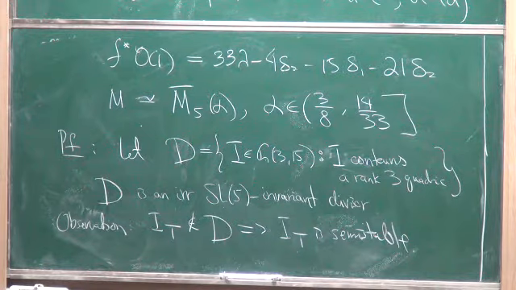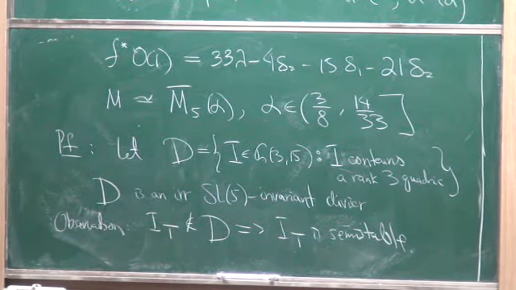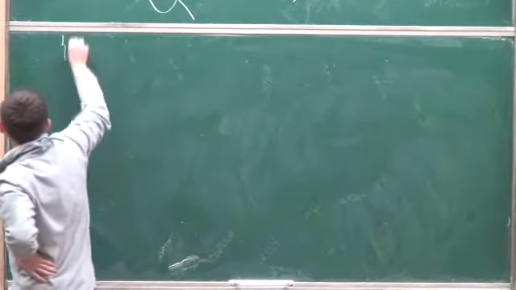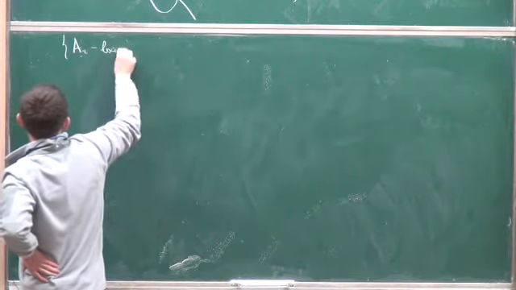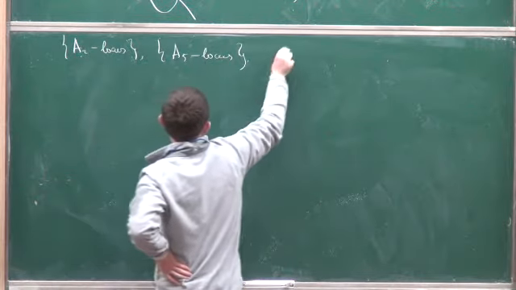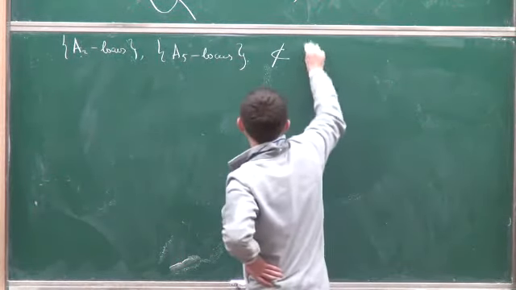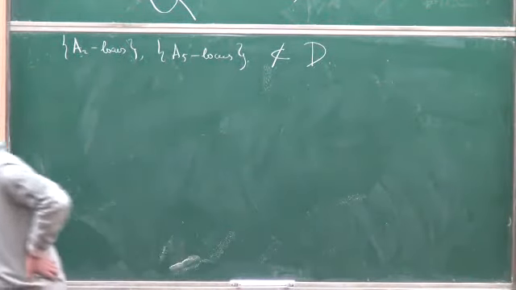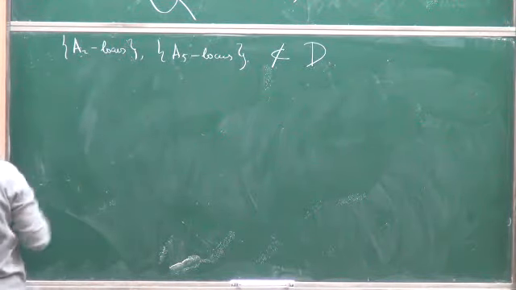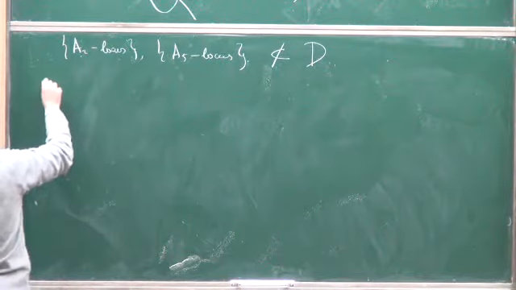So we have semi-stability, but it also gives us slightly more. It tells us that when we pull back the divisor D, just take its preimage to M5 bar, we're not going to see the trigonal divisor in the preimage. There are two more observations that we have to make, and they are that the A2 locus and the A5 locus are not contained entirely in D as well. One has to prove this by exhibiting just one curve from each locus which does not lie in a rank 3 quadric. And so, by abuse of notation, I'm going to write,